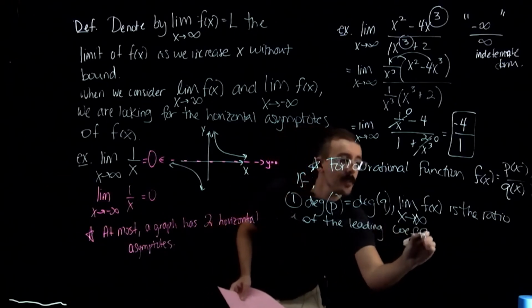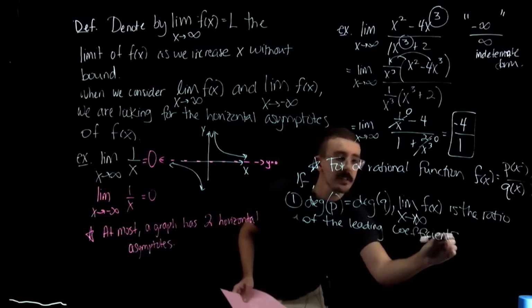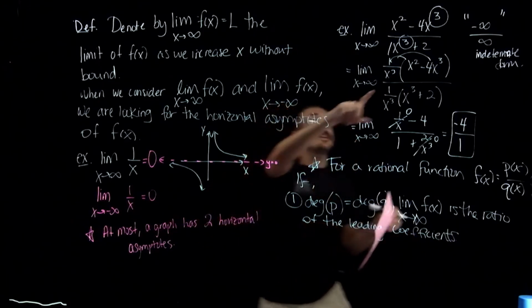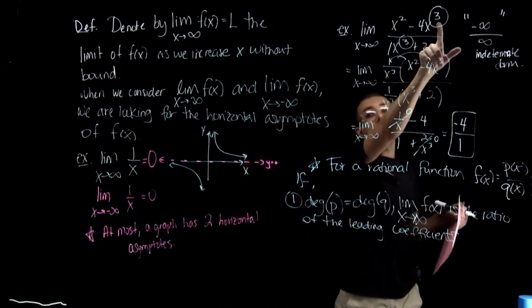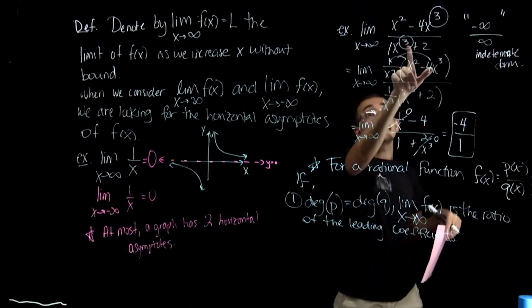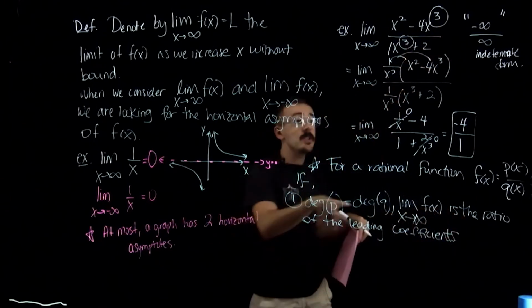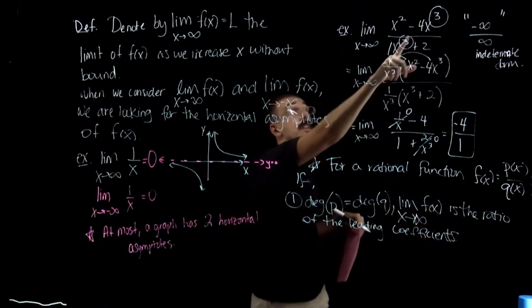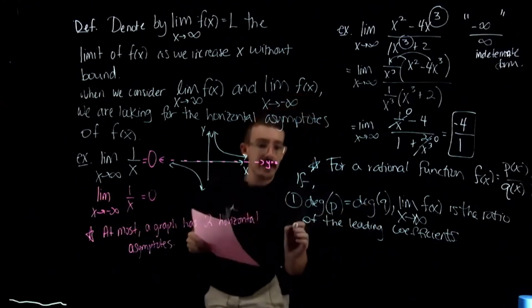So I wrote this example first because this is the one we just saw, right? Here they were both 3. The degree of the numerator was 3, the degree of the denominator was 3. So you just took the leading coefficients. You just did -4 over 1. For my second rule,